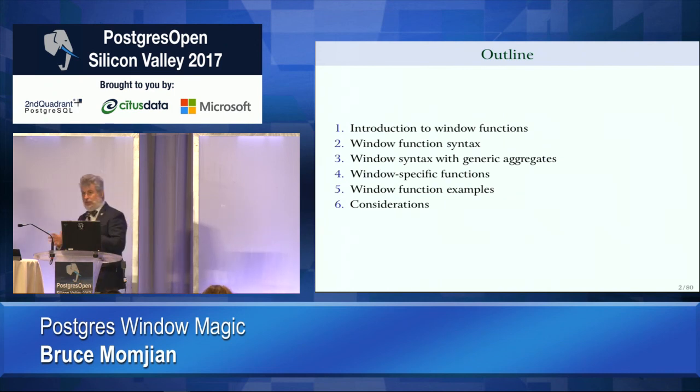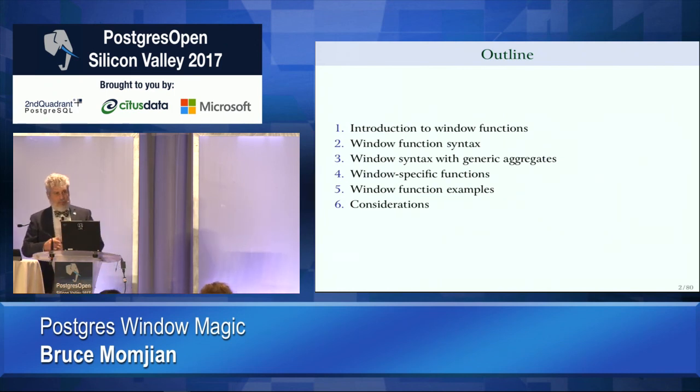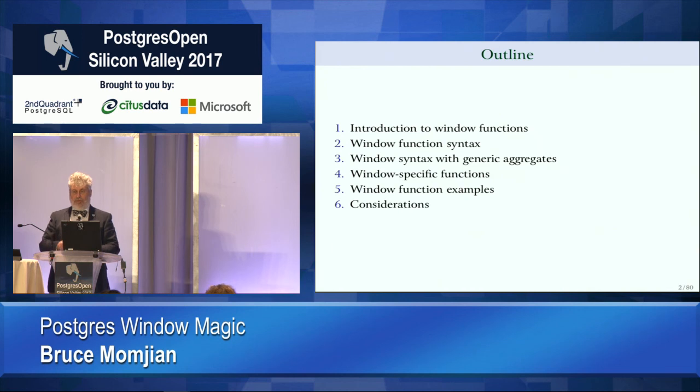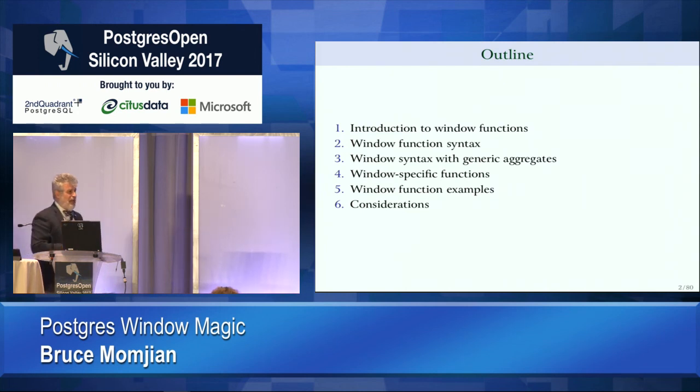In fact, if you start to look around the internet at window functions and examples, what happens is you see an example of a window function in a blog entry. And if you're doing window functions, typically the way you approach it is you find a blog entry that has a window function that does what you need to do. You paste it into your browser, you change the column names, you whack it around a little bit, it gives you the answer you expected, done. All right, and I'm seeing some nods there.